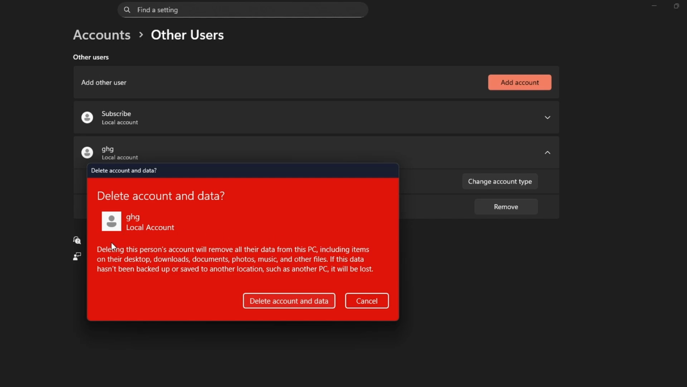This message explains that deleting this user will remove all their files, settings, and apps from the PC. If the user has documents you want to keep, make sure to back them up first. If you're sure you want to continue, click Delete Account and Data. Windows will now remove the entire user profile